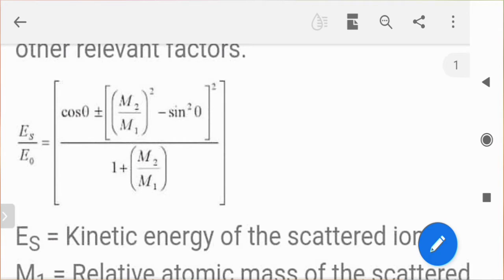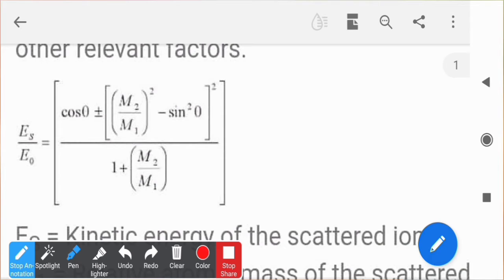So in the introductory video we have seen the basic instrumentation and how that instrument is going to work for low energy ion scattering. This is another technique which is used for surface characterization. The technique is low energy ion scattering, sometimes also referred to as ion scattering or low ion scattering. In that demonstration video we have seen how the instrument is working. So what is the principle for the